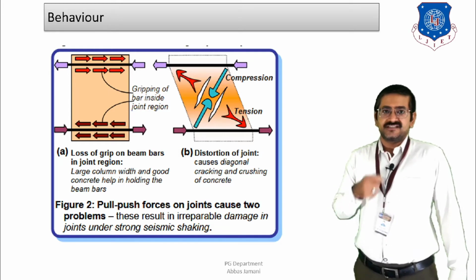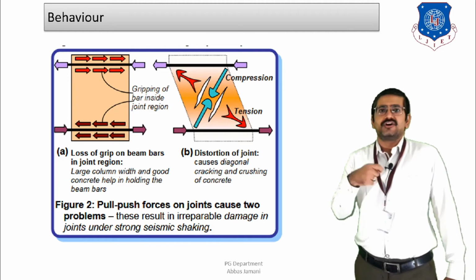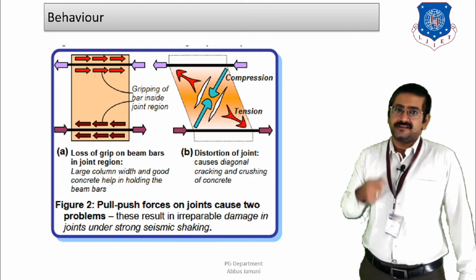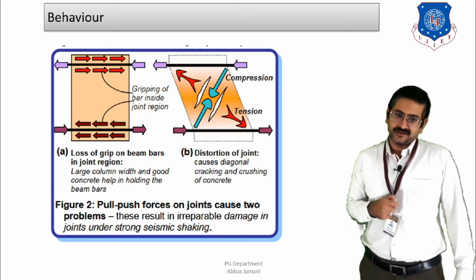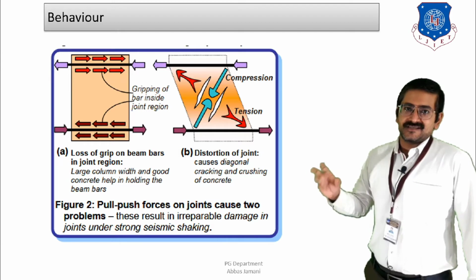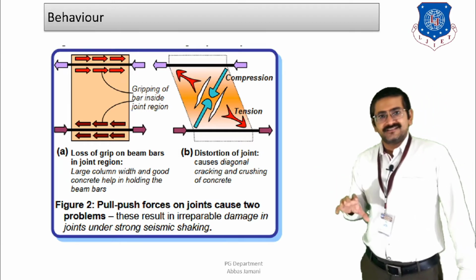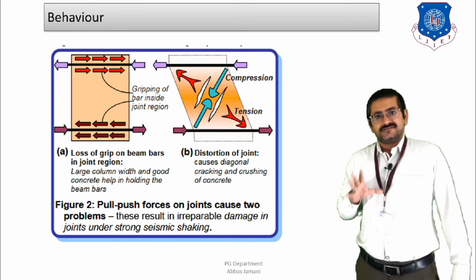And if this bond stress is good, then it will be able to transfer the forces further in the column. But if the bond stress is not good, then the loss of grip may take place, and the load and the moment cannot be transferred. And when this happens, the compression and tension zone will be developed, and the tension zone will be the stress zone, and from that zone onward, the diagonal failure